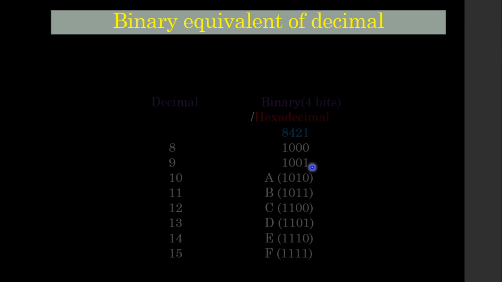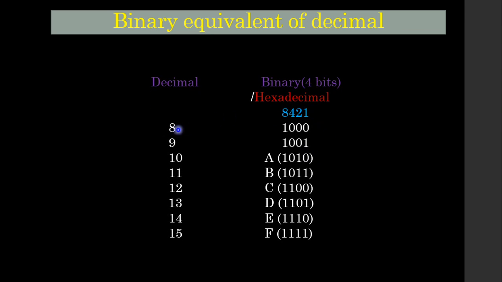Okay, so now how to find out the binary equivalent for this decimal number? Now we have to go for a 4-bit value. Okay, so now we have to give 8. So 8, fill the 8 position, remaining you leave as 0. 9, 8 plus 1 I need, so you just fill the 8 and the 1 position and leave the 4 and the 2 position. And then for 10 I need 8 and 2. 8 plus 2 is 10, so fill the 8 position and the 2 position, remaining as 0.